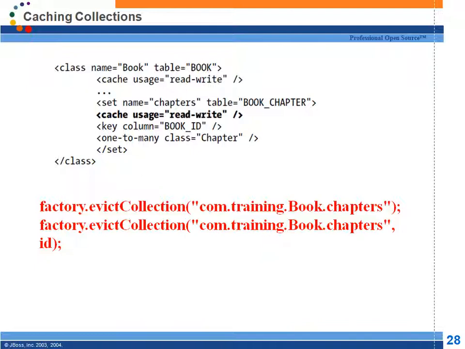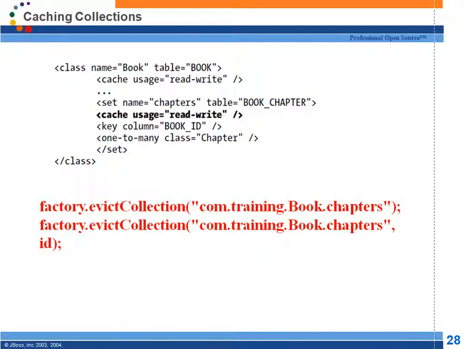This is a way to enable second level cache for collections. Now tell me, if I am enabling second level cache for collections, in collections, will there be actual objects? One book is having a set of chapters. For book I have enabled caching. For chapters also I have enabled caching.